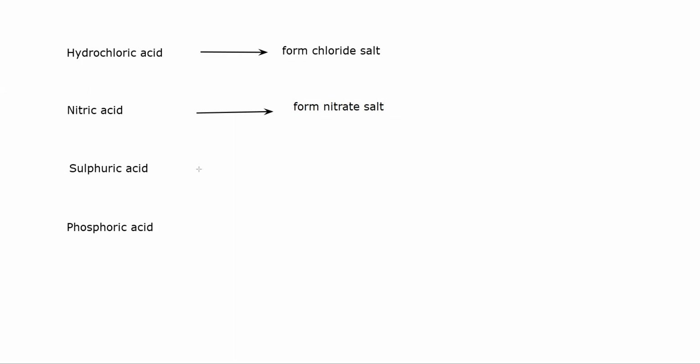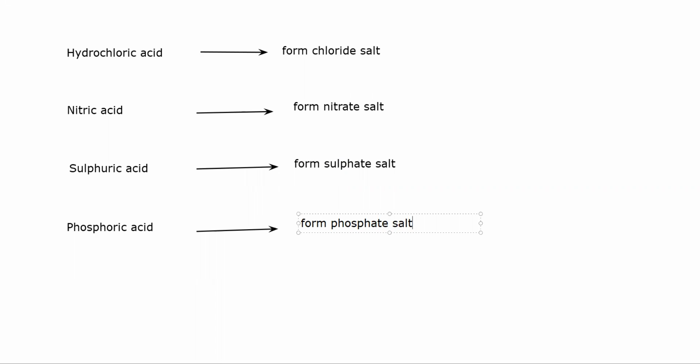If it is sulfuric acid, it will form sulfate salt. And if it is phosphoric acid, it will form phosphate salt. So these are the salts which are formed by